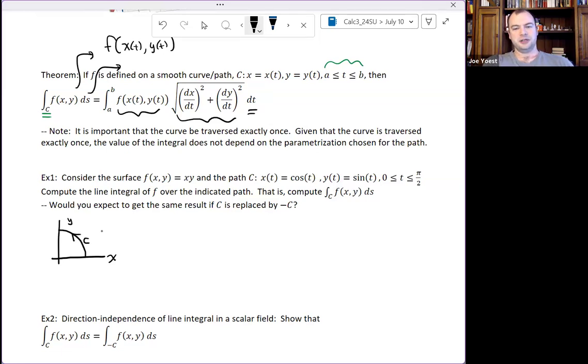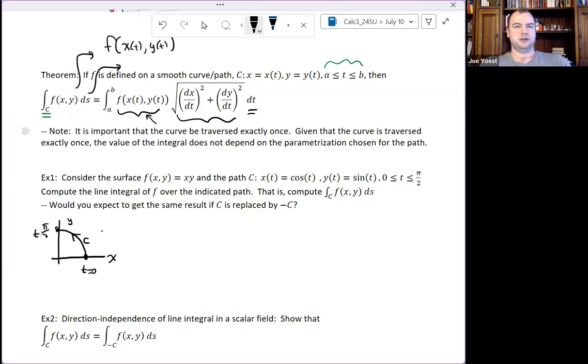So here's my curve C. When t is 0, x is 1, y is 0. So this is the t equals 0 point. And then when t equals pi over 2, we have 0, 1. Okay, so